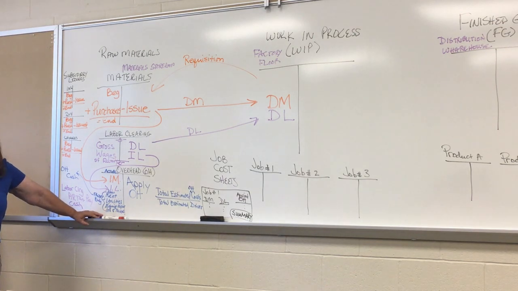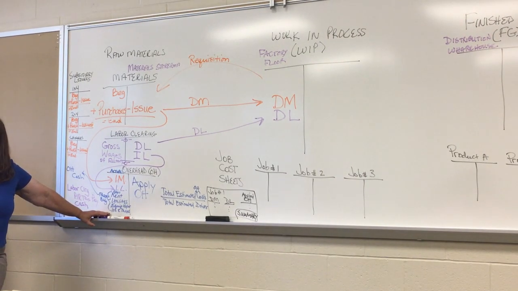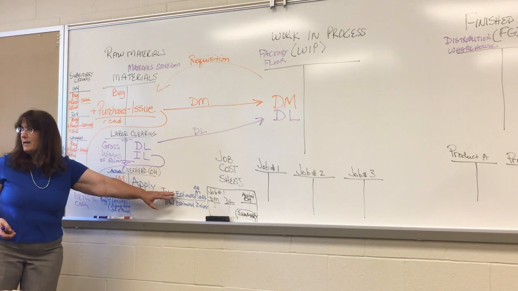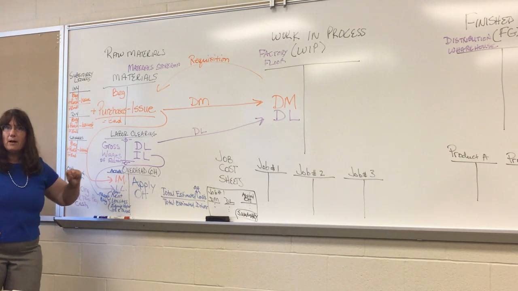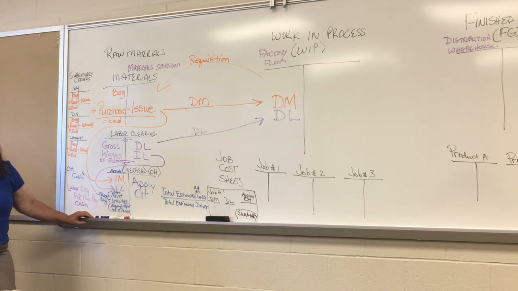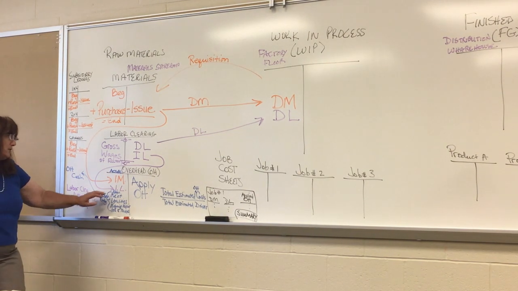So maybe in October of 2019, I'm gonna estimate all the costs, overhead costs I think I'm gonna have for the year 2020. Okay? And when I come up with that number, that's gonna be my numerator for my formula, for my rate formula. Okay? Now, this is not that easy. How much indirect materials are we gonna need in 2020? Well, that will depend on how many jobs are we going to be doing in 2020. How much indirect labor? Well, that